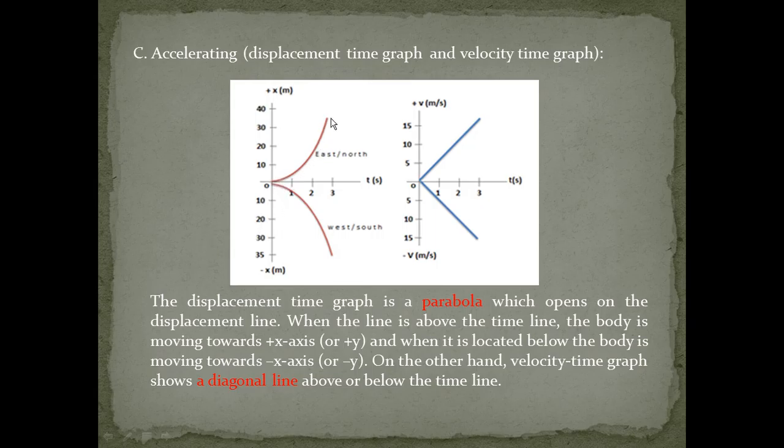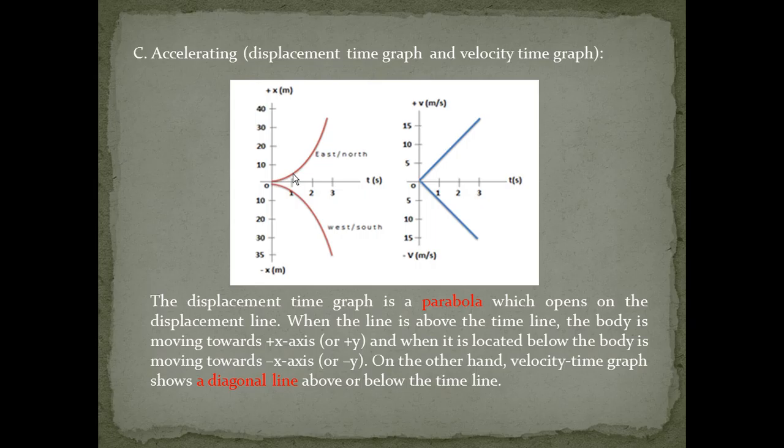Now, of course, the line is curved, representing different values of slopes if we choose any 2 points. For example, the slope here would be different from the slope here near the base. That means they have different values of velocities. Of course, if an object is covering different distances at equal time intervals, you will have different values for the velocities because you will have different slopes for any combination of points. So you have a curved line going upward for the positive sense and a curved line going